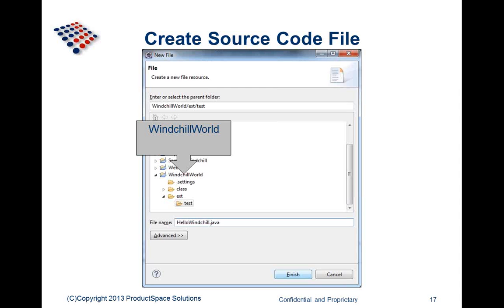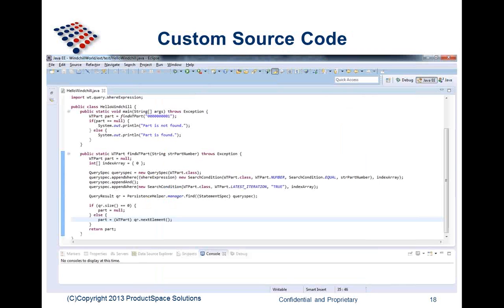Then what we do is we create a custom code file called HelloWindchill. We update the HelloWindchill.java file with appropriate custom code. As you see here, I'm searching for a WTPart based on the number. So I have generated the appropriate source code, and it has been added to the HelloWindchill.java file. Okay, and this particular code is not deployed in Windchill because I'm trying to run Eclipse in remote access